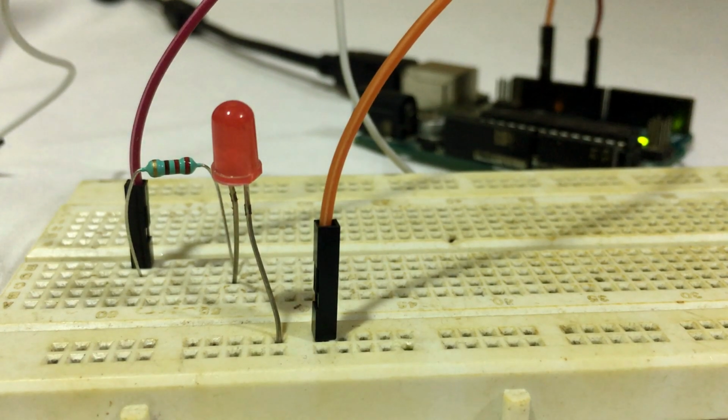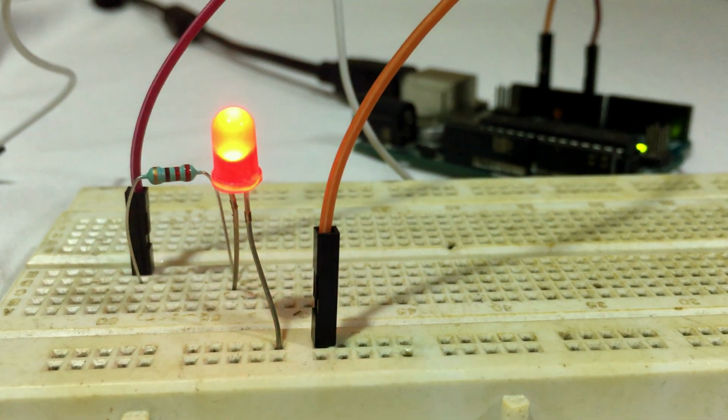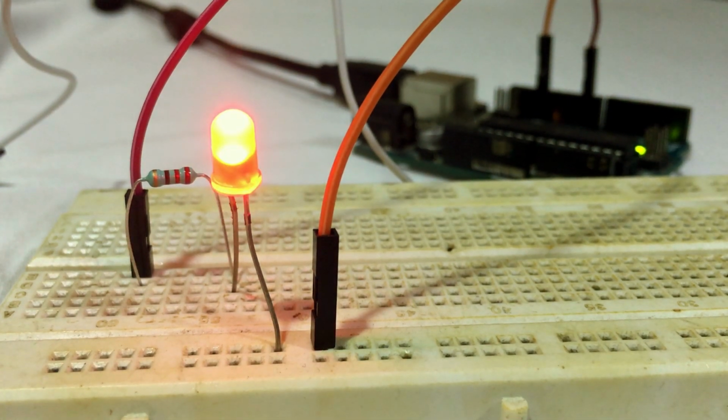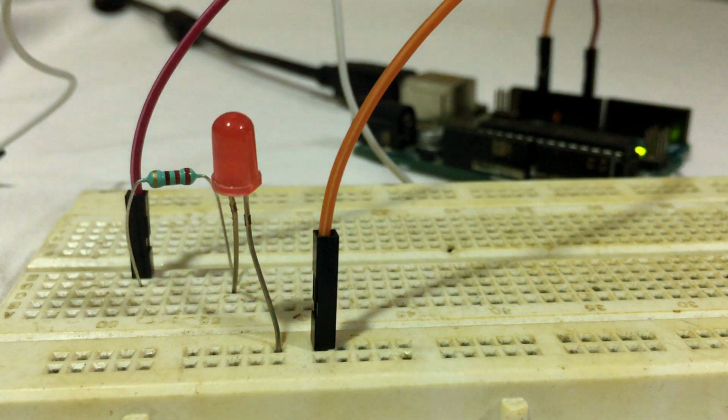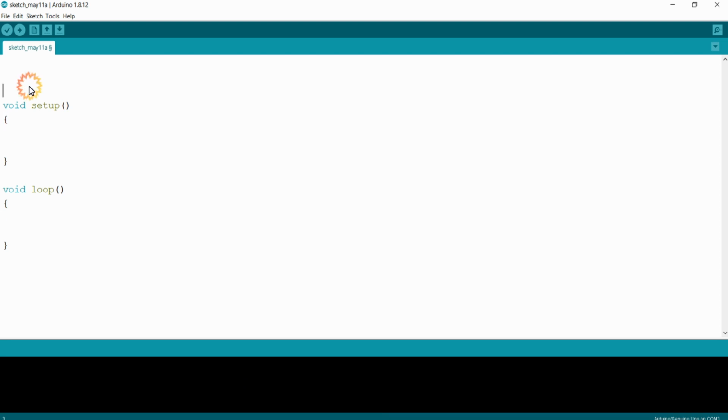The programming logic is simple: we are going to vary the brightness of the LED using the PWM duty cycle. The LED will vary its brightness from minimum to maximum and then from maximum to minimum. I am opening the Arduino IDE and I want to declare the pin number.